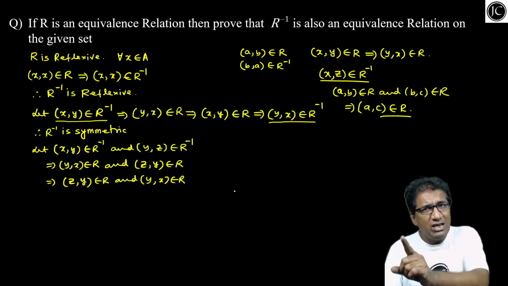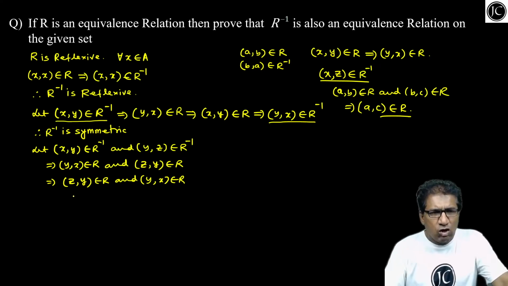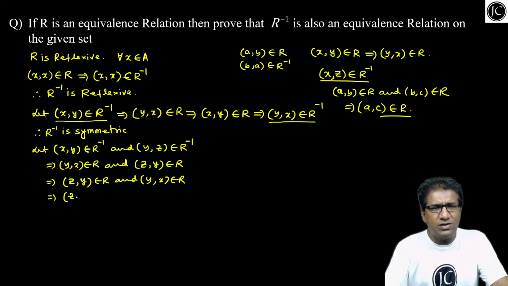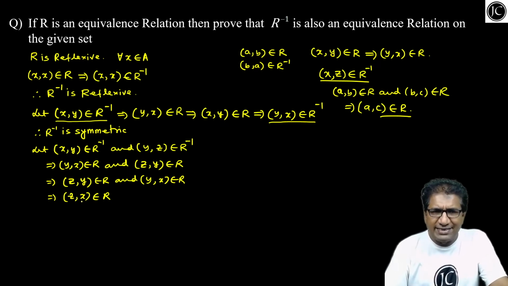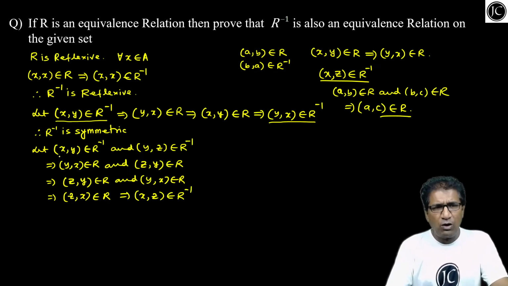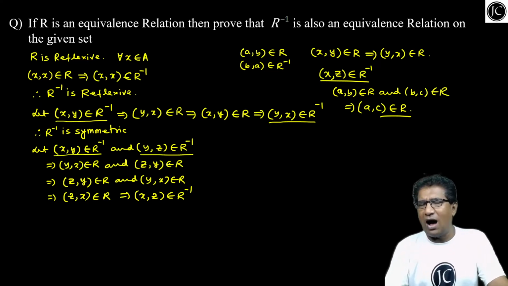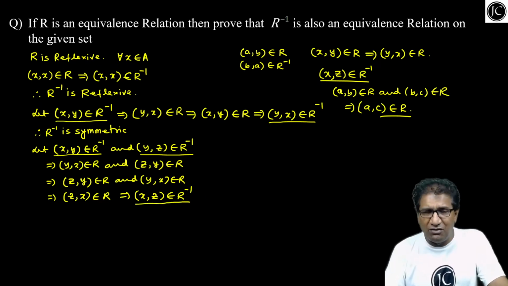Children, R is an equivalence relation. It means R is transitive as well. So we can say that Z comma X belongs to R also, because R is transitive. Now, as Z comma X belongs to R, this implies what? X comma Z belongs to R inverse. So what we have proved, XY belongs to R inverse and YZ belongs to R inverse implies X comma Z belongs to R inverse. Therefore,